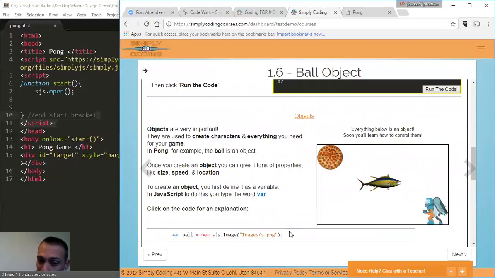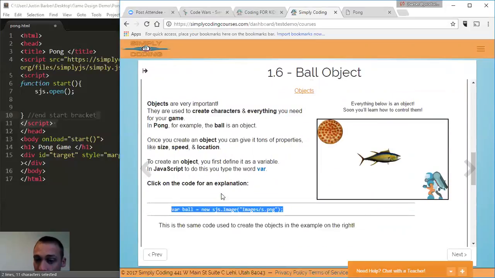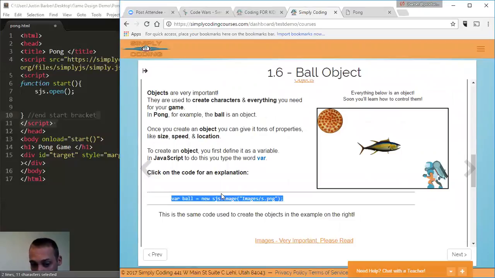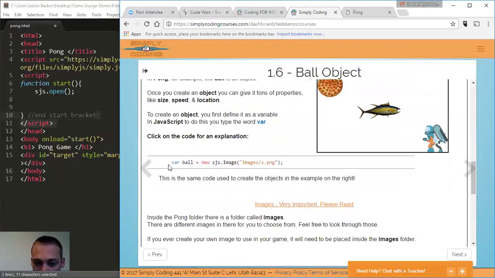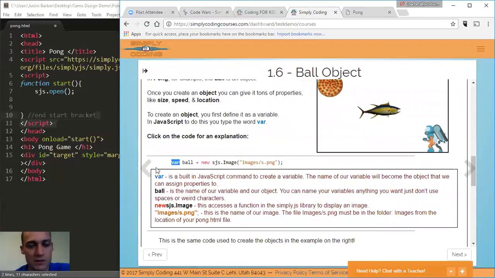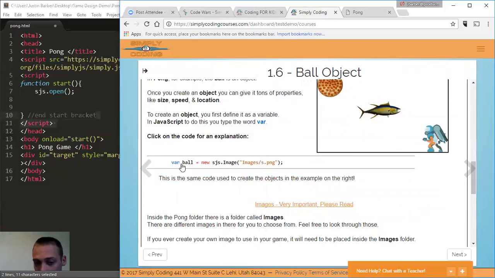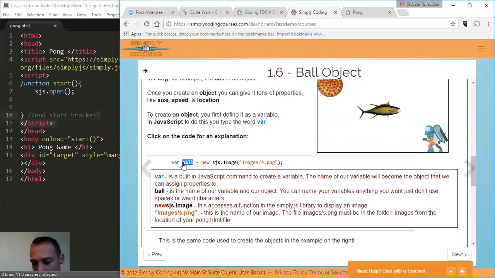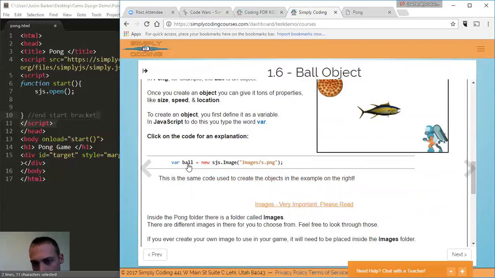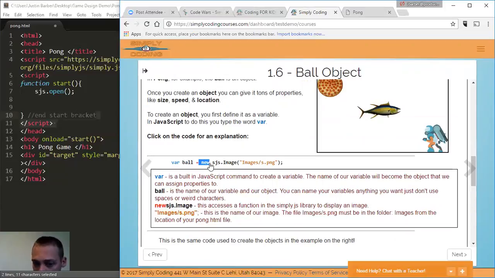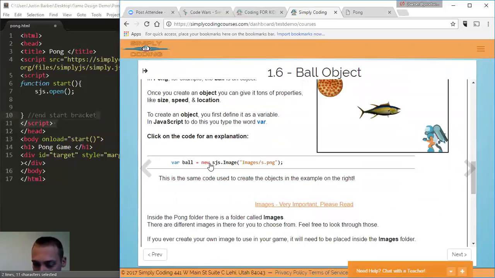What we do is we make an object that's an image, and then later on we're going to go and give that image a bunch of properties. So the way that you create an object in JavaScript is you have to type in the 3 letters VAR. That stands for variable, and then you give it a name. You can name it anything. This one happened to be named ball, but you could name it anything you wanted. And then you create a new existence of it. So you bring it into the world by telling it it's new,